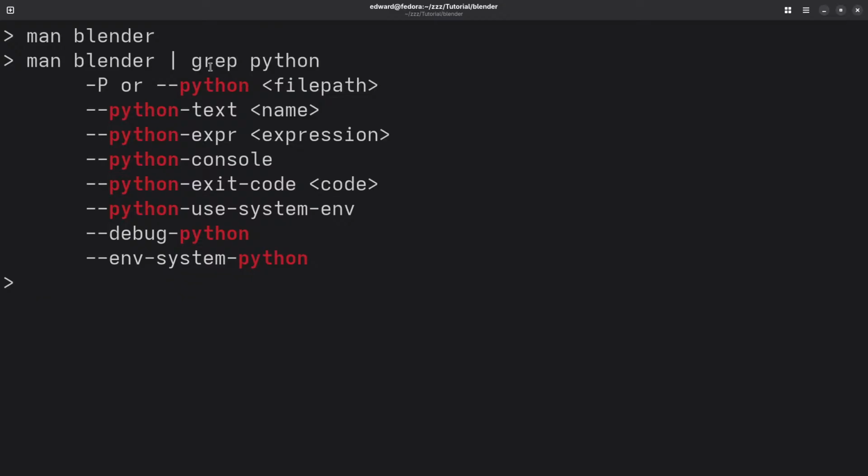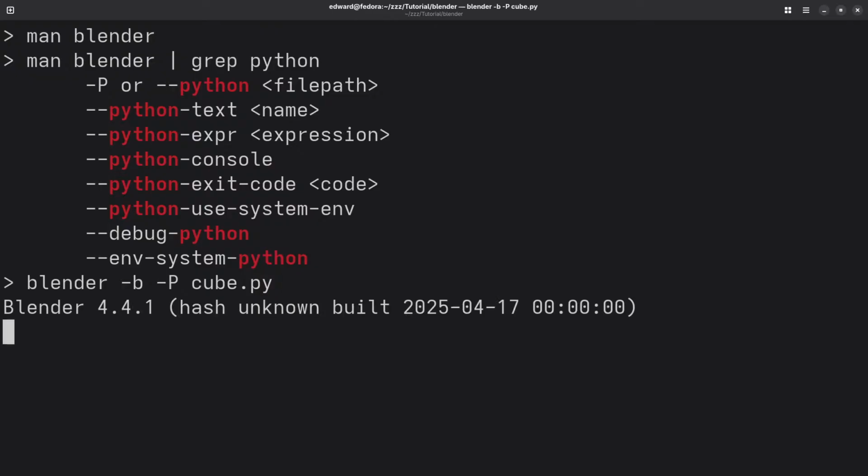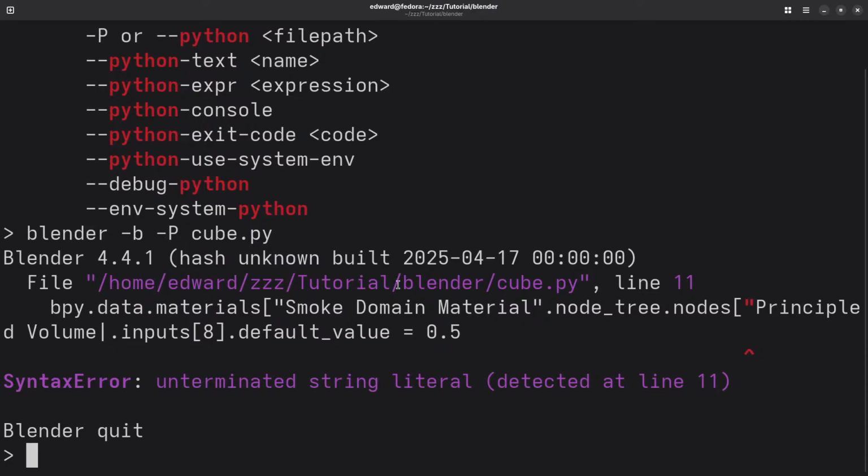that's how you can run the Python. And you see there's other options here, if you just want to run text, expressions, console, exit code, and system environments, debug. I don't need any of that. Mine is very simple. It's just going to be Blender. I want it to run in the background, and then I want to use Python, so capital P, maybe cube.py. And you see it's going to run, oops, what did it say here? Smoke